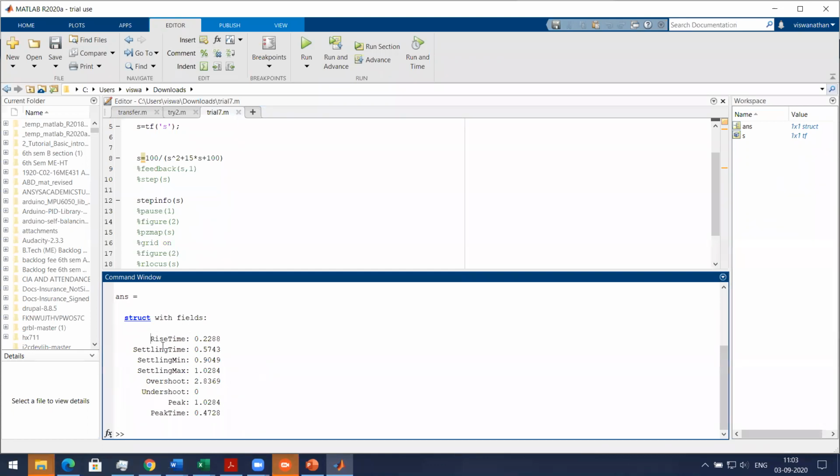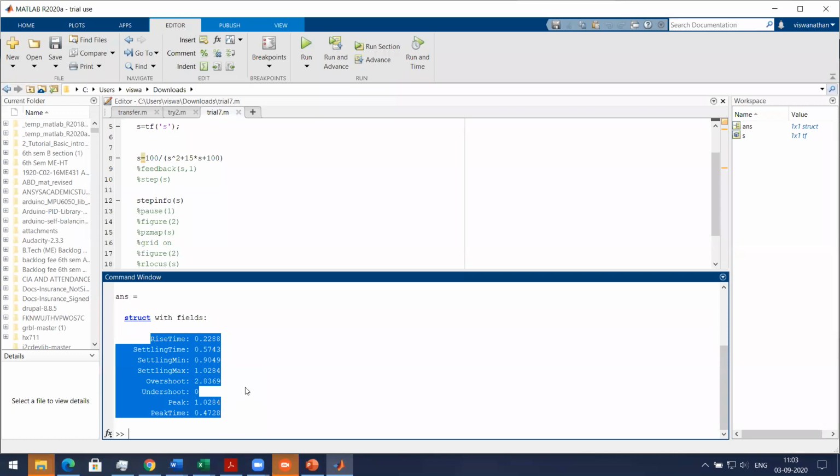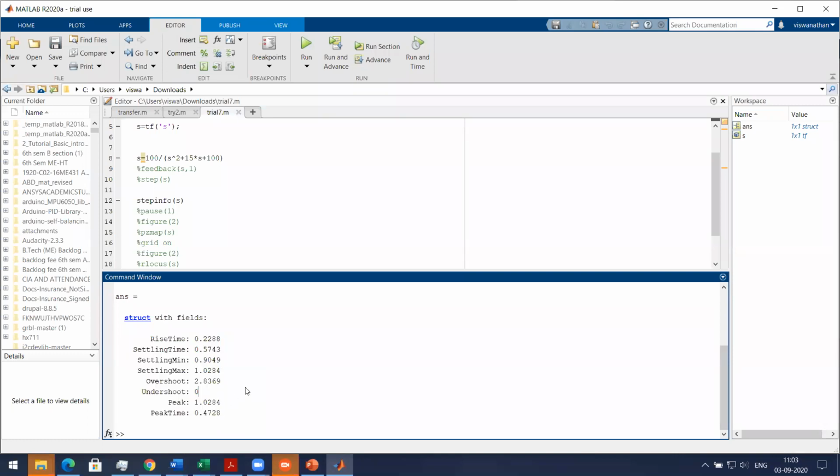Instead of defining all these as the criteria for designing the controller, what we can do is just say zeta should be so much and omega n is so much. With two parameters you define everything else. That is the advantage that you get by doing this, and this is applicable only for a second order system. It's not applicable for a first order system. It can be approximated for higher order systems, which we'll discuss a little later.